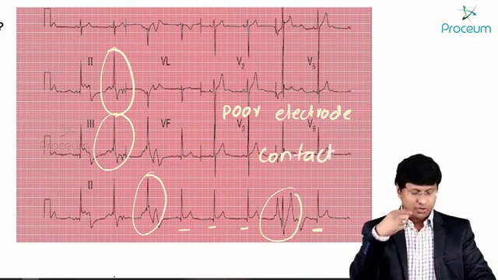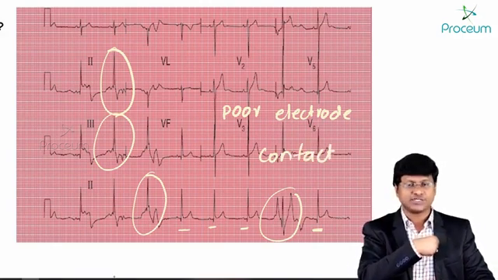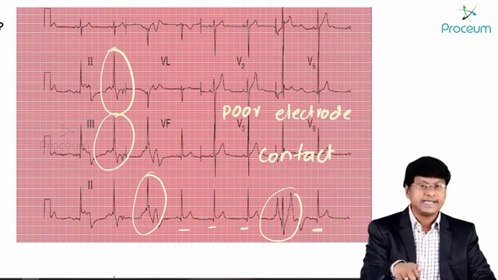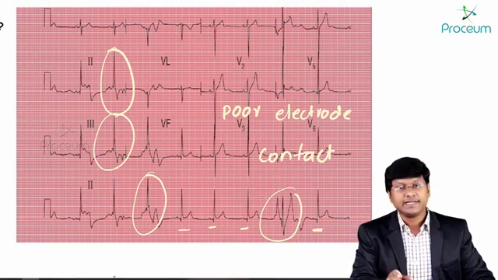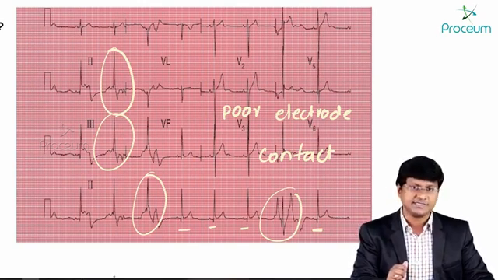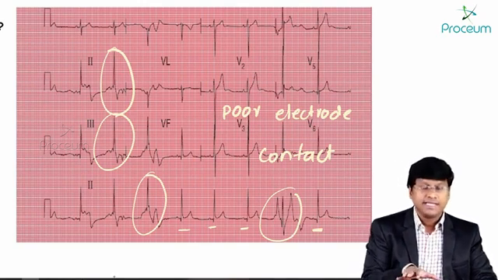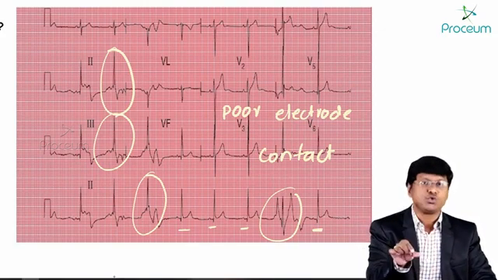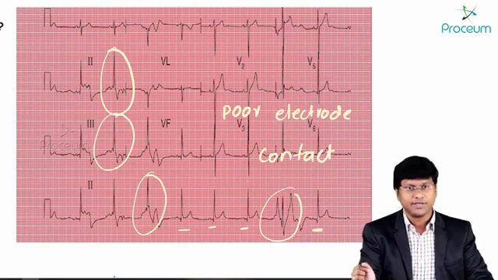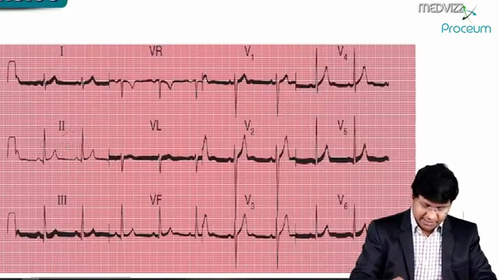If the leads are not placed properly over the chest wall, then you will get this bizarre pattern ECG. So, in this, the problem is not within the patient. The problem is in the leads you have placed over the chest wall. Next. Now, you see this is another